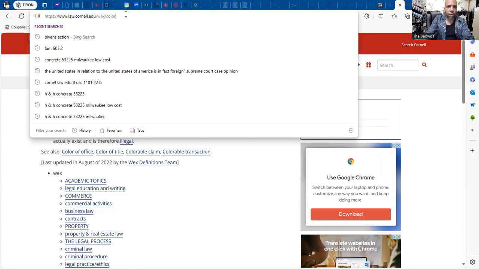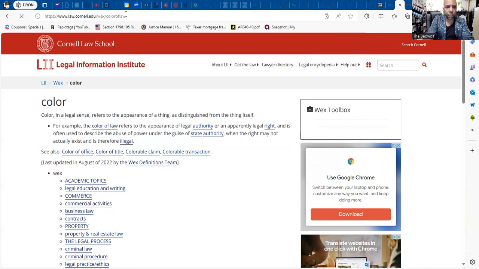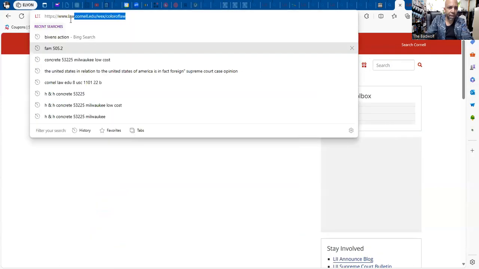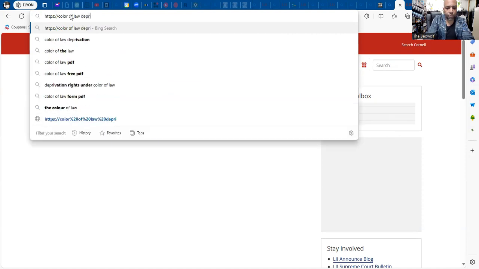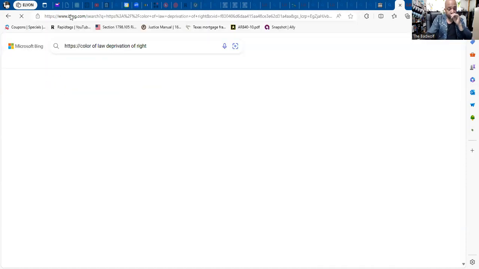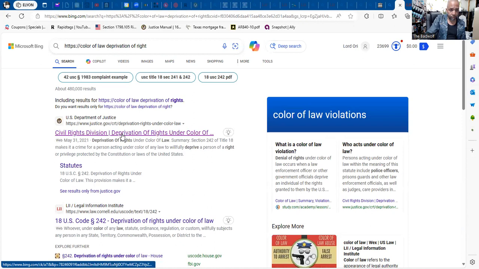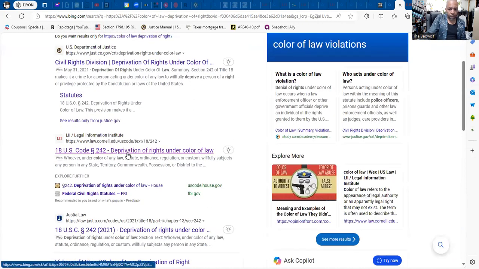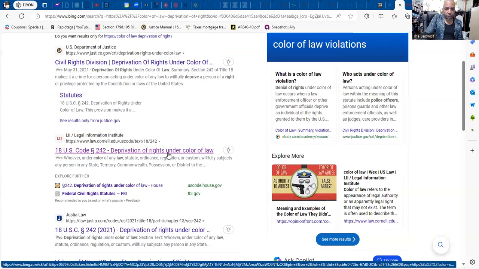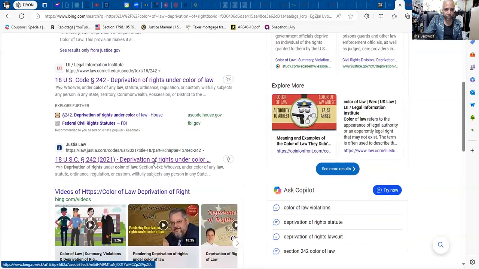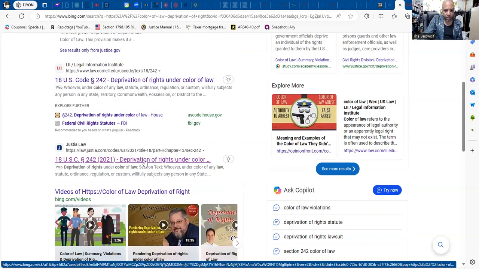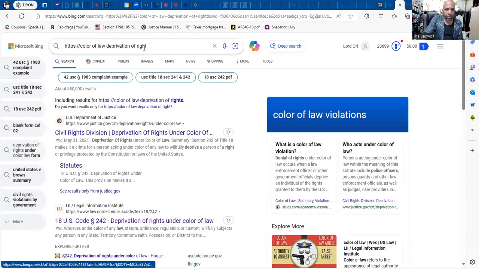All right. Color of law. Let's see if it pops up like that. Probably not. I didn't think I'd be that lucky. All right. Color of law. Deprivation of rights. So you have deprivation of rights and deprivation of rights under color of law. So those are two separate things, 241 and 242. So 242 is deprivation of rights under color of law. And then 241